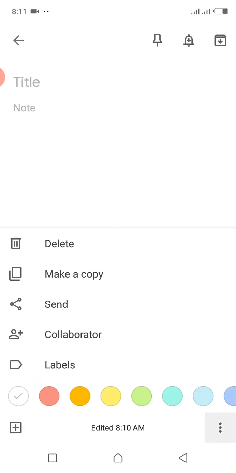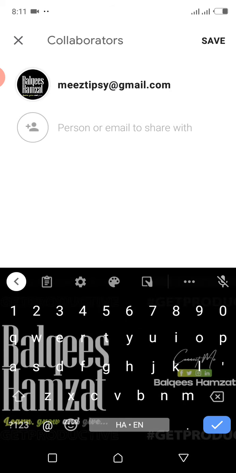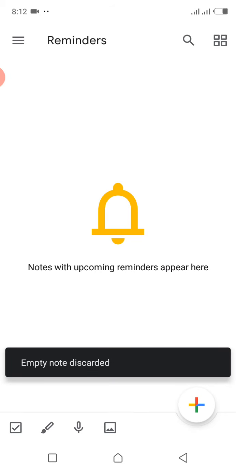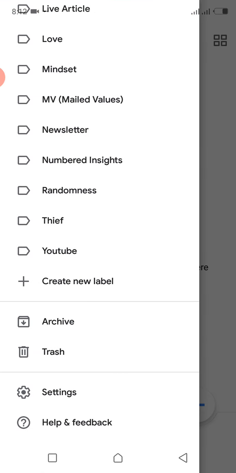Another thing is you can share your work with somebody for them to edit and give you feedback, and all you need to do is click on collaborator, add the person's email, save. They will automatically get a message that they have something to check in their Google Keep Notes, and they can click on the link from their side and enter that particular work of yours, and you can still go back and forth, because whatever they do to it, you automatically see too. Okay, so empty, not discarded, because I wrote nothing in there. That's just it about